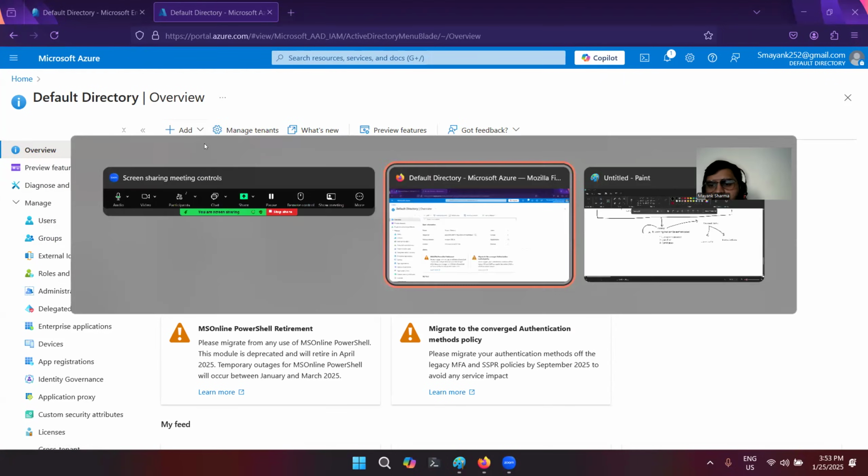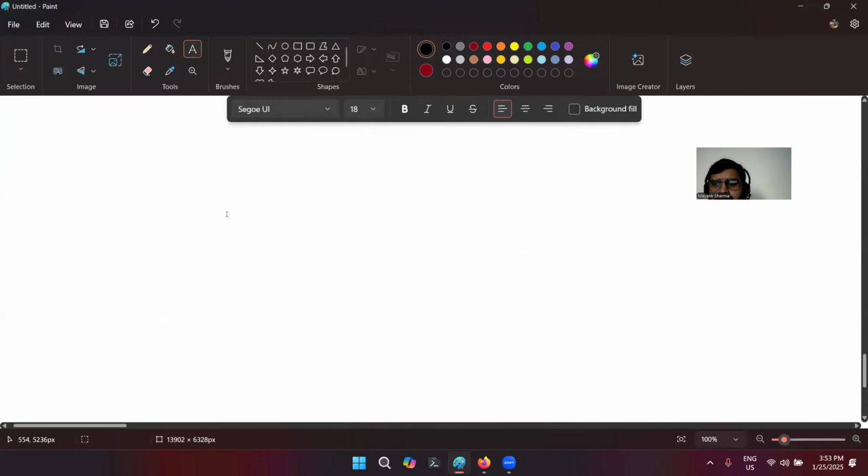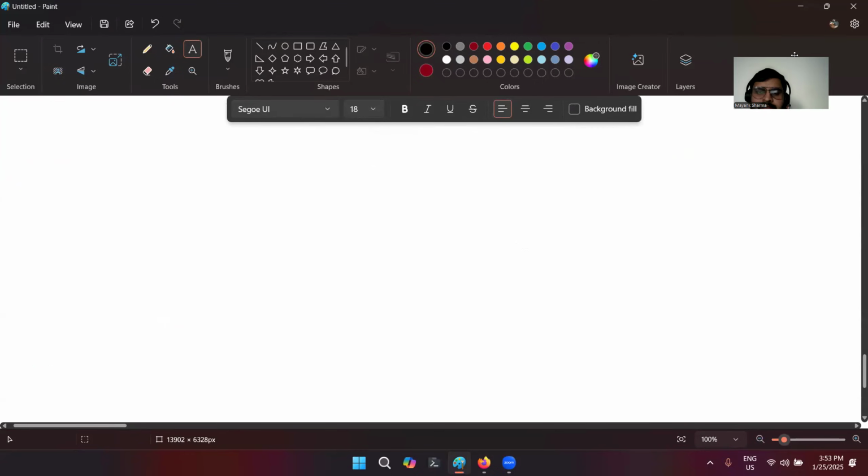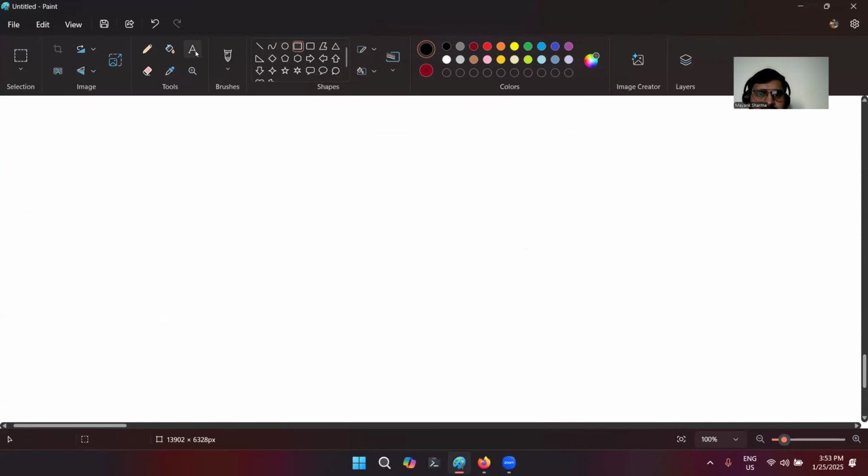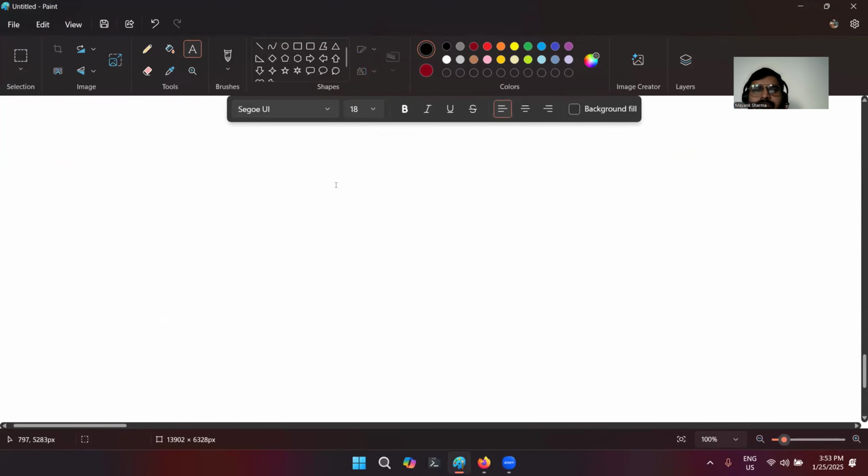When you create an account in Azure, guys, please pay attention to this particular thing. It's very important to understand what we are getting. When you initially create an account in Microsoft, that is the first approach I told you, creating an Azure portal account.